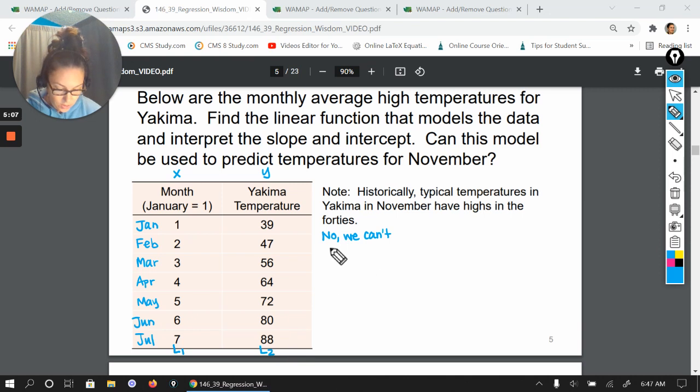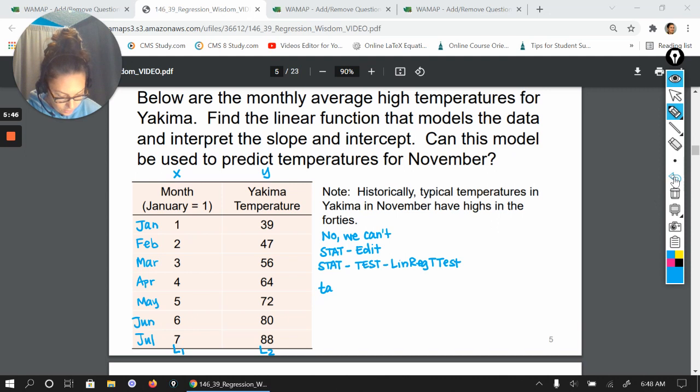And so what we want to do is first go to Stat and then Edit and enter these values into list 1 and list 2. And then we will go to Stat and then Test and then choose Linear Regression t-test as the option, and use list 1 and list 2 inside of that. So basically what we will end up getting is that